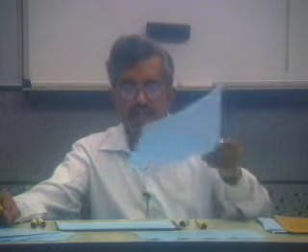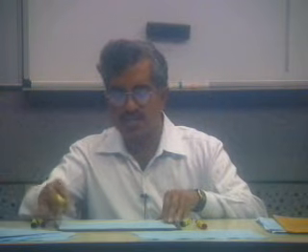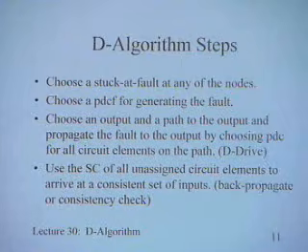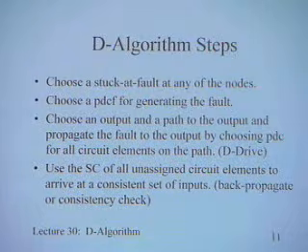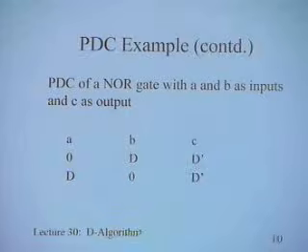Now, let us go into the D algorithm and we will illustrate this with the same example that we were taking for the Boolean difference. So when you PDC, we have two expressions for those. Are those corresponding to these two? Yes, sir. So is one of them corresponding to an error at one node and the other at